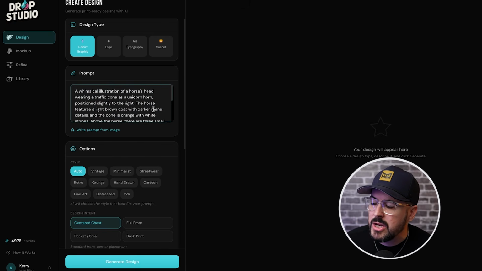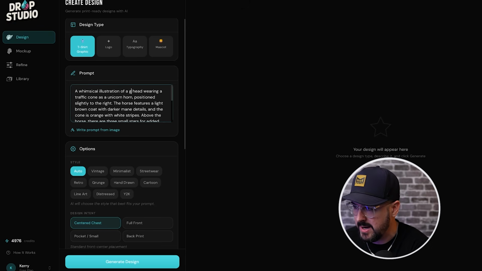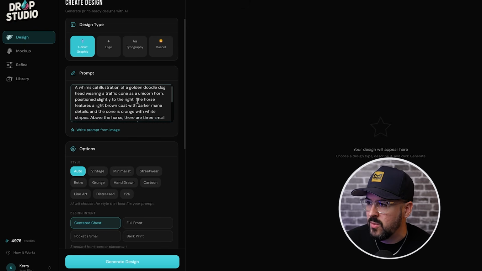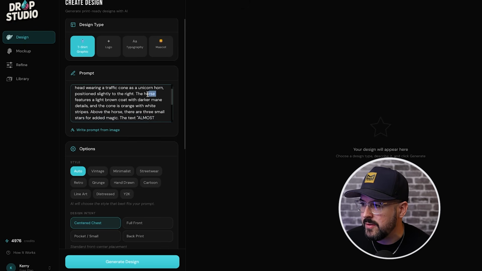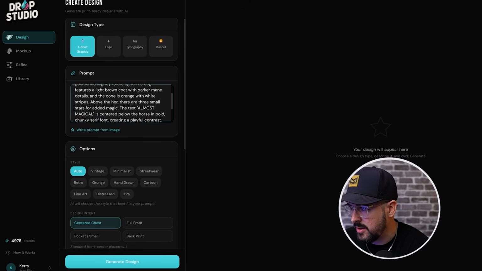And another thing that we can do, and how I would recommend that you use this, is swapping this out for another niche. So instead of just copying this horse design, let's do something similar, but how about we do it for a golden doodle dog? So let's do a whimsical illustration of a golden doodle. So we'll type that in there, golden doodle dog head. And then we'll scroll down, we'll do the dog here. So we'll just change out any words that say horse for dog